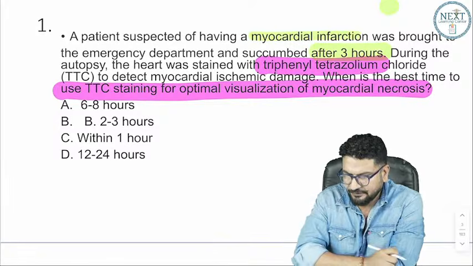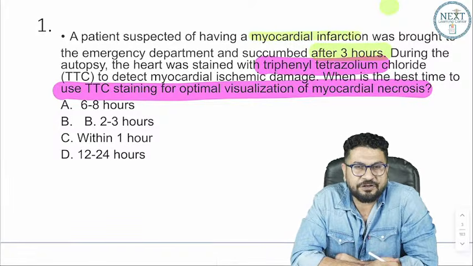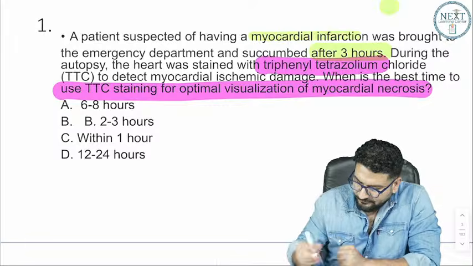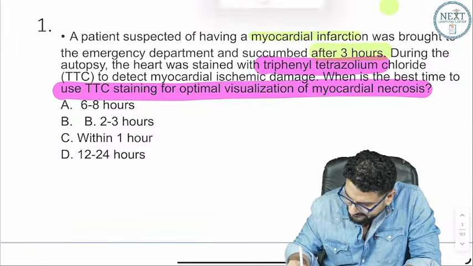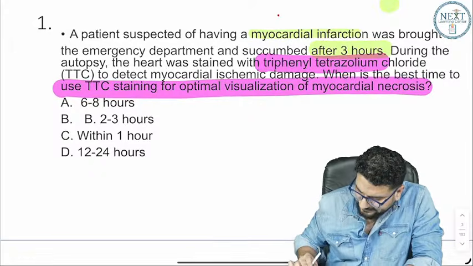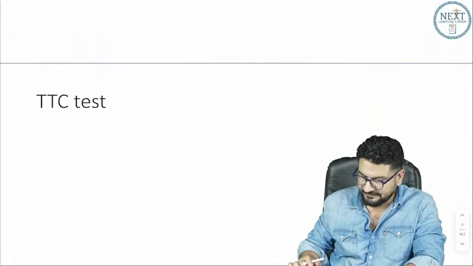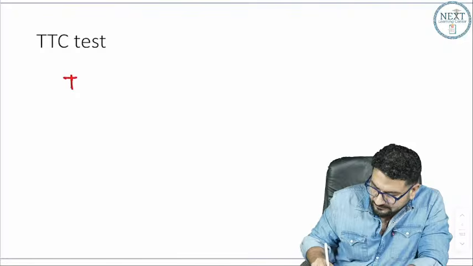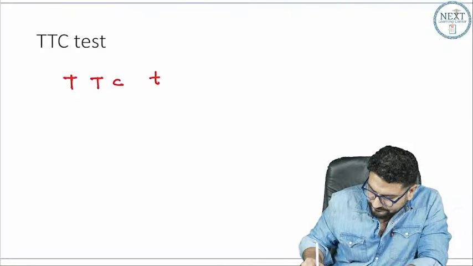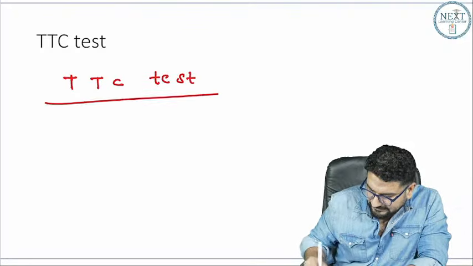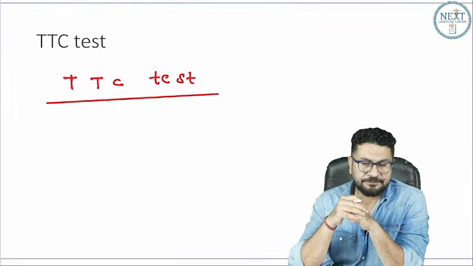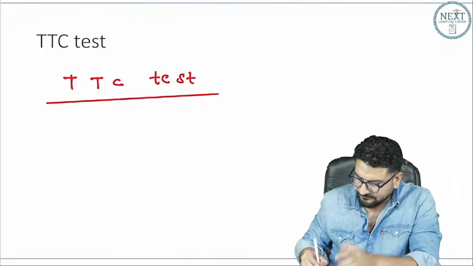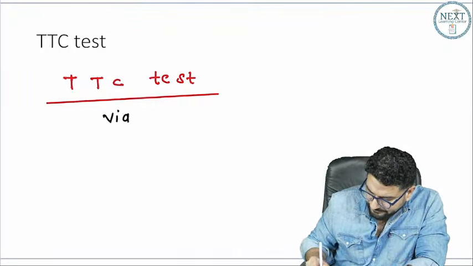Okay, first try to give your inputs. What is the answer? First, try to understand this thing. We have this test called the TTC test. TTC test means triphenyl tetrazolium chloride test. So the topic that I'm discussing now is the TTC test. Whenever you want to see the ischemic area and differentiate it from viable tissue, what we see is this viable tissue